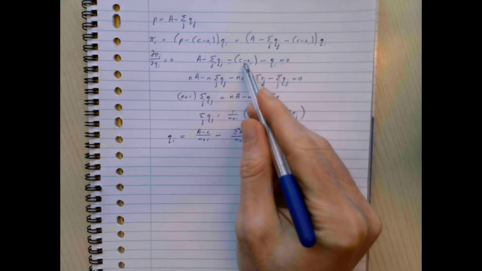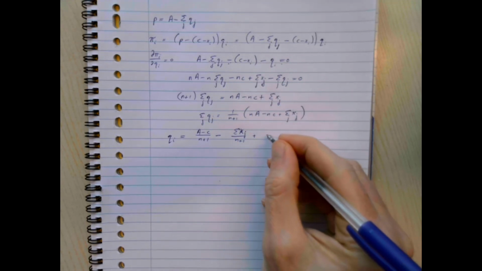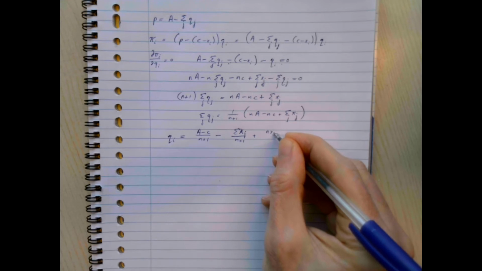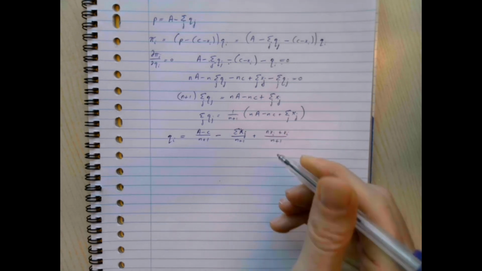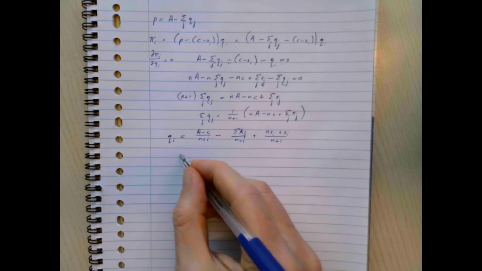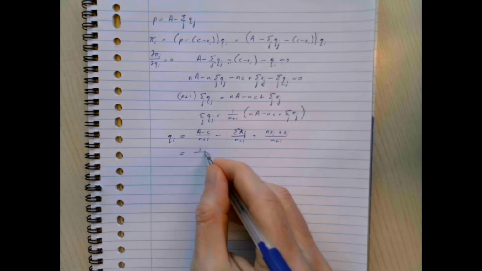So we have minus times minus xi, so this is plus xi. I'm going to write this as plus n times xi plus xi divided by n plus 1. So just to make sure that we have the same n plus 1 in the denominator here. So if I then take that together, what we get is 1 over n plus 1